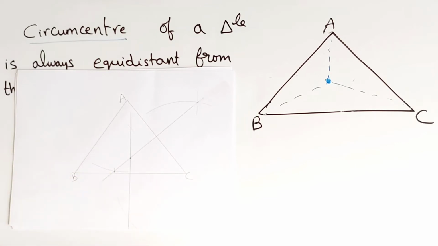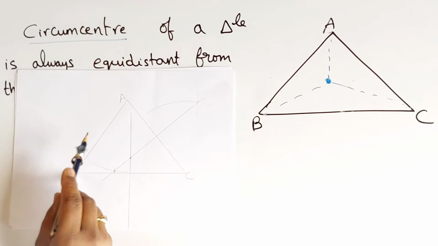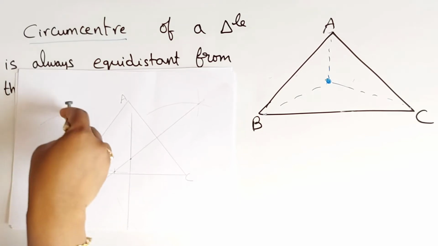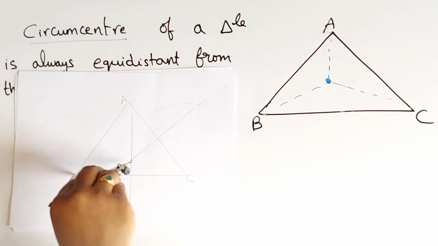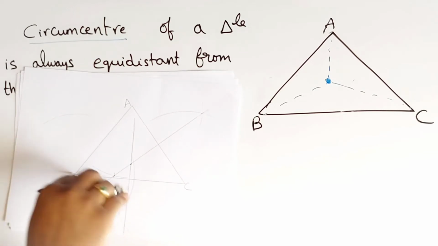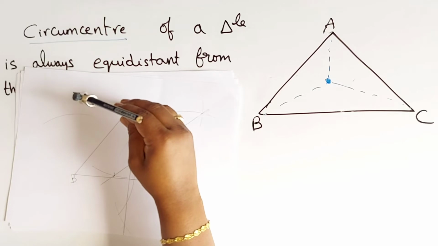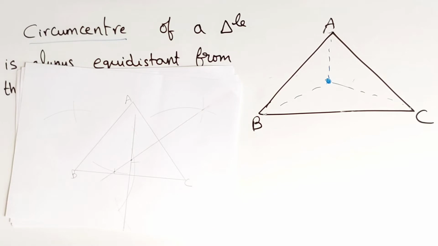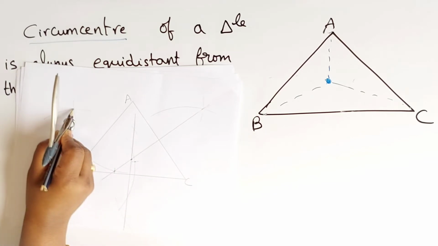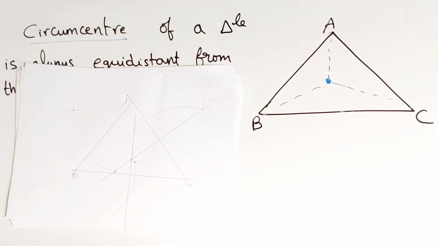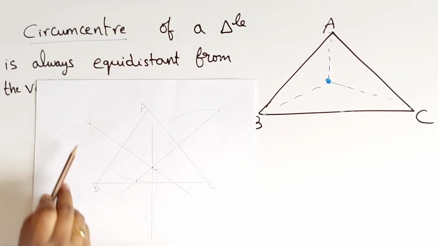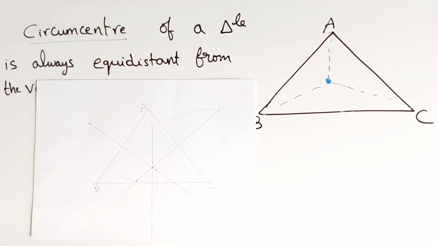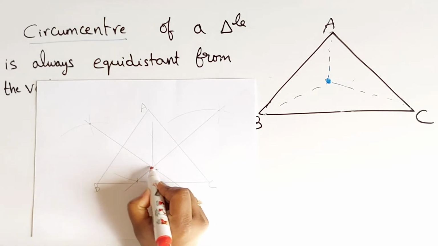Let us see the AB bisector. Here also I am taking more than half distance. One arc here and another one here. Right, children? From A now, here and this one. Now we have to join this point and this point, children. Now see, children, after joining the third bisector also, we got the intersecting point there only. So 2 lines are also enough, children. So that means this is the point.